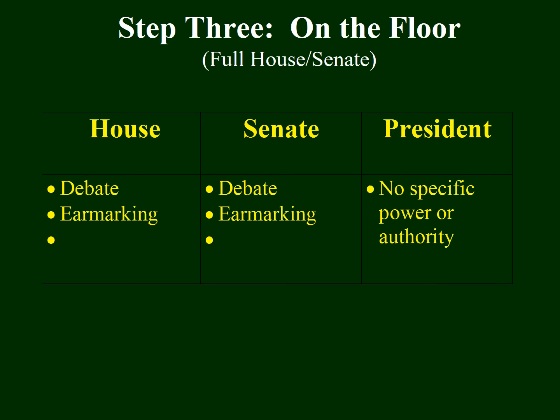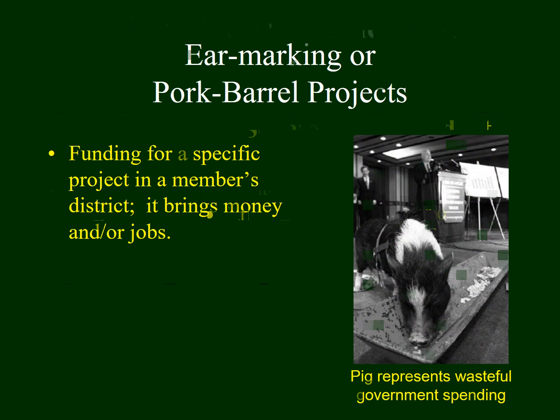In addition to debate, something else happens with step number 3 when the full House and Senate get to address a proposal, and that would be earmarking. Earmarking is when a member of the House or the Senate includes a specific project in a bill that's under consideration. Usually they want to do this because maybe it will provide a special tax break to a company in